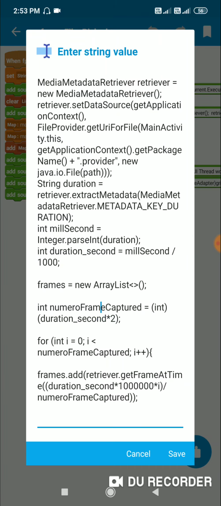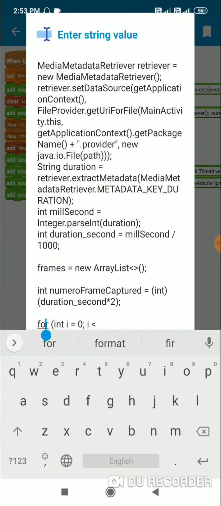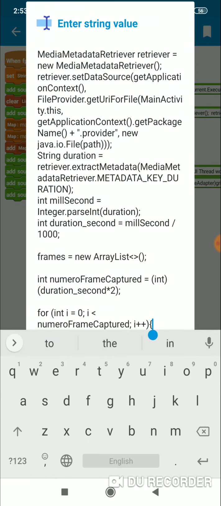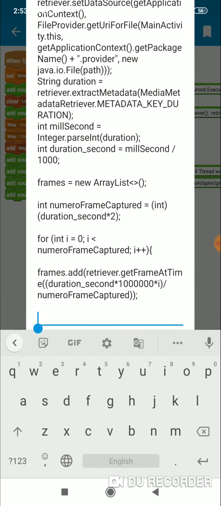And then to capture the frames, I have this repeat block: for int i = 0; i < numberOfFramesCaptured; i++, frames.add(retriever.getFrameAtTime(durationSecond * 1000000 * i / numberOfFramesCaptured)).